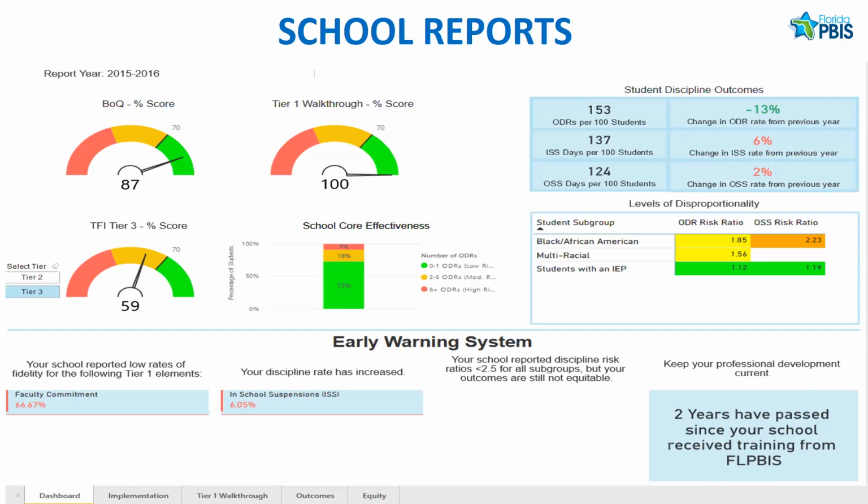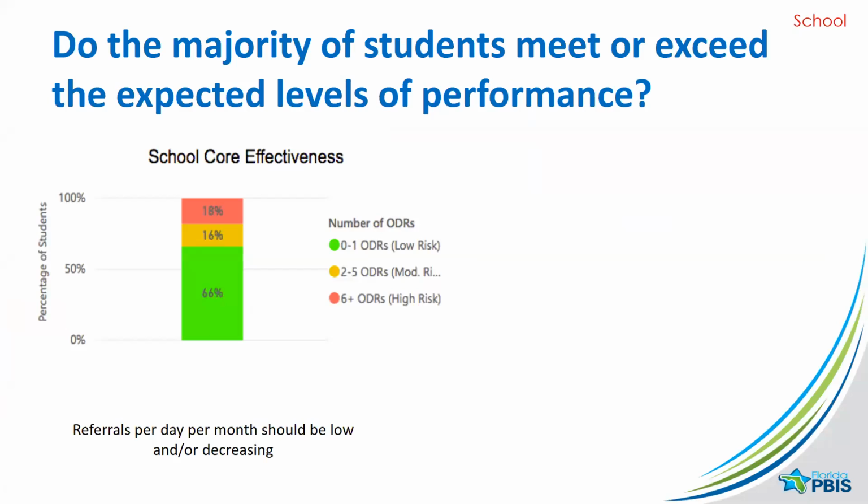So as we get into problem solving, one of the first questions we want to ascertain, of course, is what really is the health of our Tier 1 system. This is an example where you see that the school has about 66% of its students having no more than one referral for the year per student. Where you have 2 or more referrals, we're looking at students who could potentially require some supplemental supports. But being that we want to have approximately 80% or more students with no more than one referral during the year, this would be right now an indication for this school that we do in fact need to take a closer look at Tier 1.